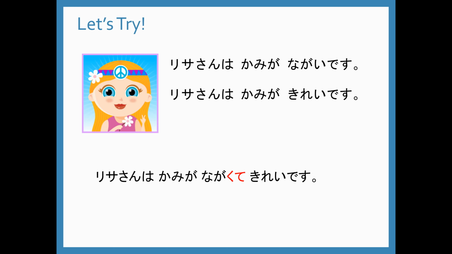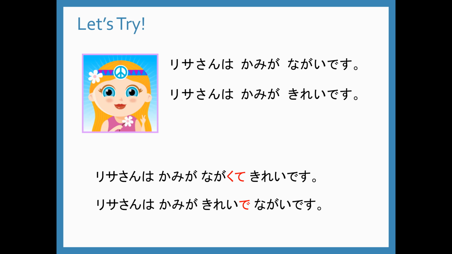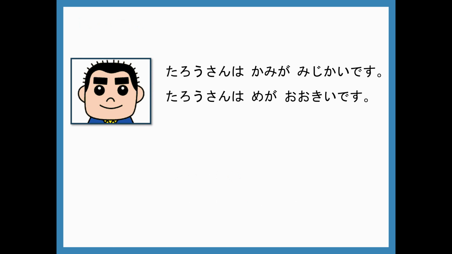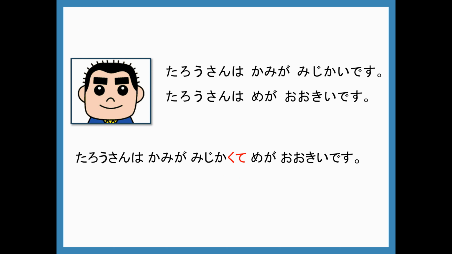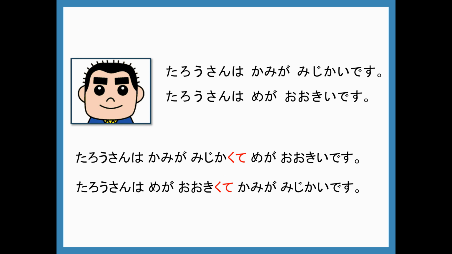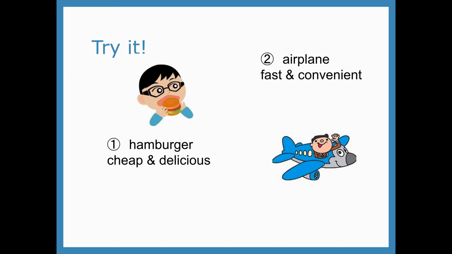We can say either リサさんは髪が長くてきれいです or リサさんは髪がきれいで長いです。Let's try another one. 太郎さんは髪が短いです。太郎さんは目が大きいです。Let's try putting them together. 太郎さんは髪が短くて目が大きいです。Or 太郎さんは目が大きくて髪が短いです。